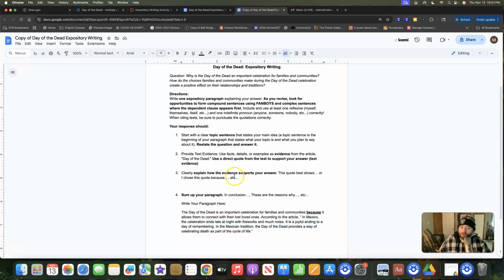So now you're going to just clearly explain, how does this evidence support your answer? So I said it allows them to connect with their lost loved ones. And then I said, according to the article, in Mexico, the celebration ends late at night with fireworks and much noise. It's a joyful ending to a day of remembering. In the Mexican tradition, the Day of the Dead provides a way of celebrating death as a part of the cycle of life. So here, this quote shows